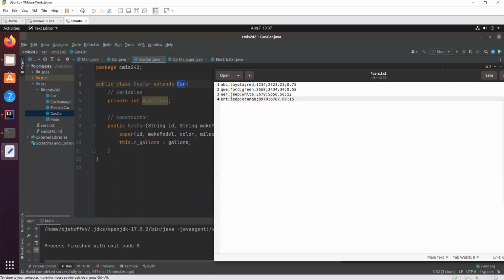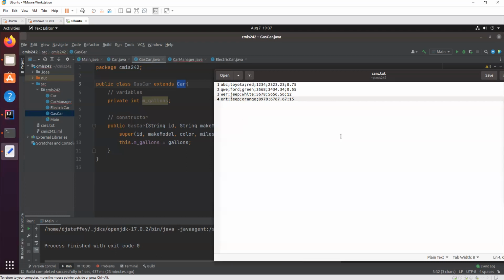So let's say we have 4 cars in our file. We decided this one was going to be an electric car, this is an electric car, this is a gas car, and this is a gas car. But now the question is, let's say you did not make this file, and hint, your program didn't make the file.